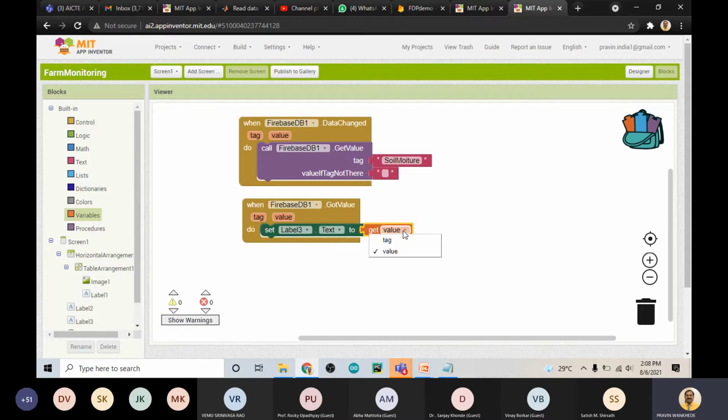You see, it is giving you two values, tag and value. Out of this we want tag. So say here tag. What is the tag here? The tag will be soil moisture, and its value will be here. So only these are the two blocks that we have written here. One is for data: if the data gets changed in the Firebase, then receive it. Once you receive the data, then display it on label 3.